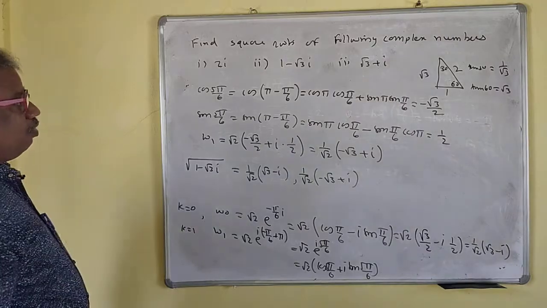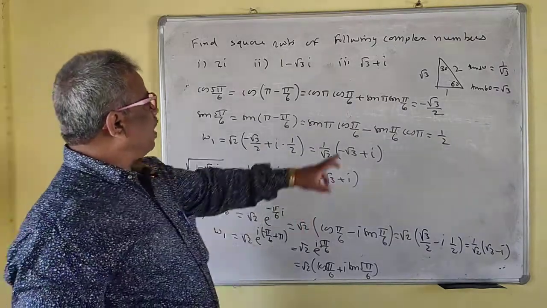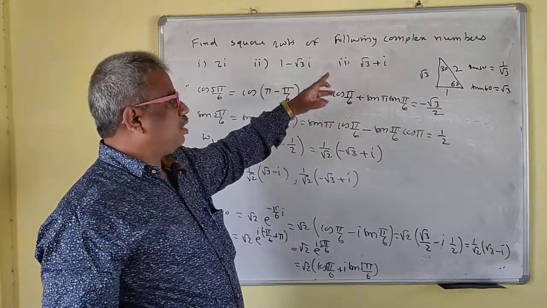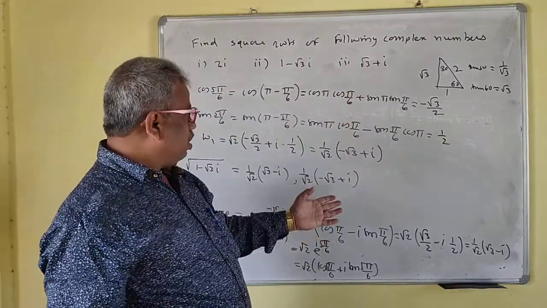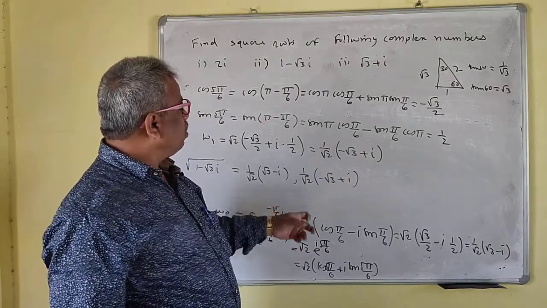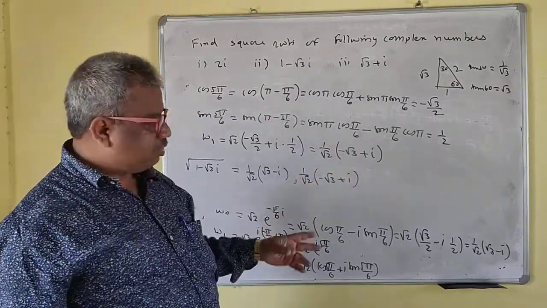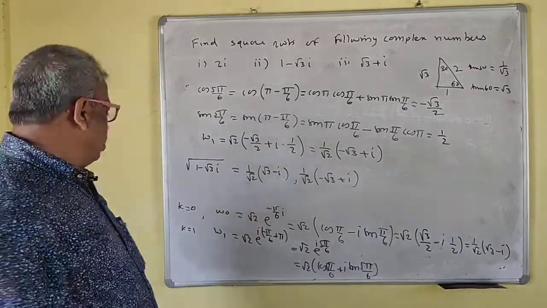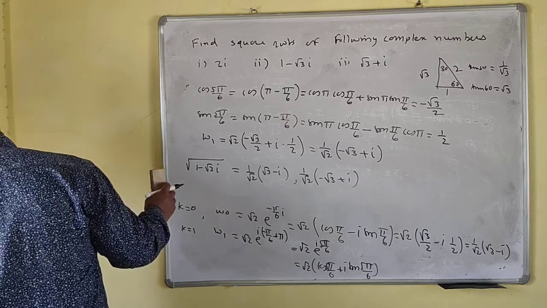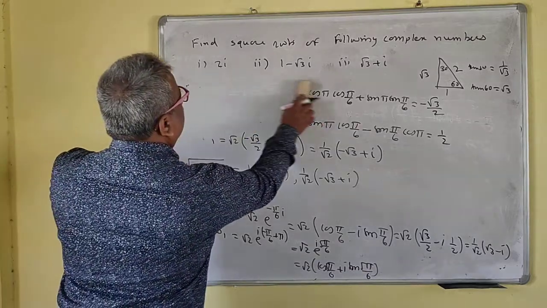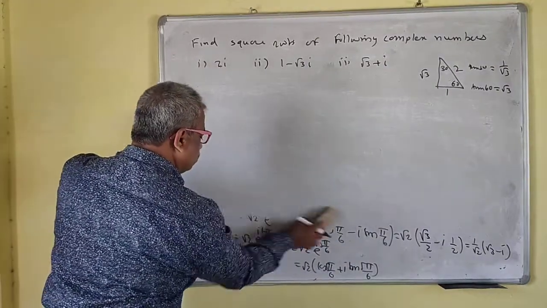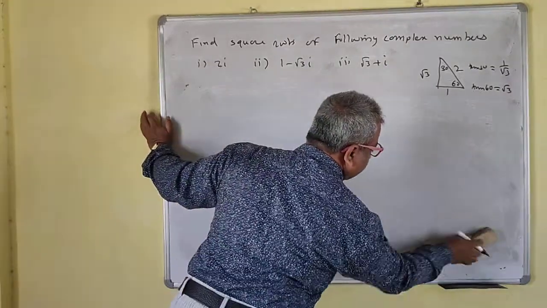Okay, so I hope that you can find this one, because both are the same now here. This is 1 by root 3, so we get 1 by root 3 only. Instead of pi by 3 that we have taken, you have to take pi by 6, so it will be pi by 12, I think. Okay, we'll do this one also.